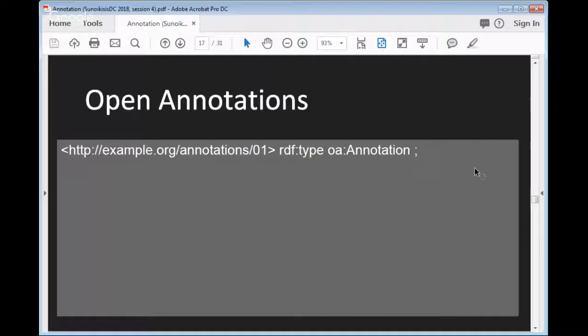Each of those pieces of information is represented by an identifier, a URI. In this case, we have created our own URI for the annotation. We're just using example.org because this isn't a real annotation; it's just for this illustration. We use this abbreviated URI, but it is still a URI that can be expanded, for RDF type. This is the RDF language, which has a verb called type, meaning "has type". So this annotation has type, or is, and then this is the open annotation language.